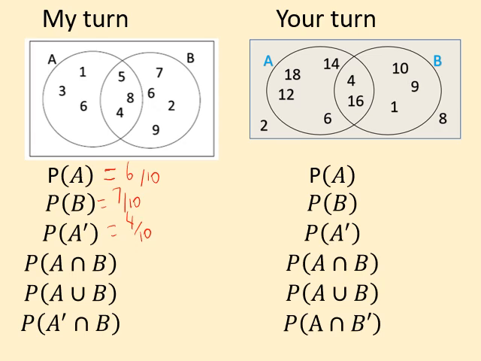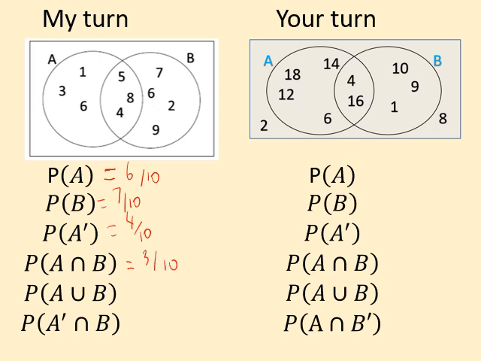Now we're going on to intersection and union. So we're going to start off with intersection. We want A and B. So anything that's in both the circle for A and the circle for B. So that's just this middle bit here, this 5, this 4, and this 8. So that's going to be 3